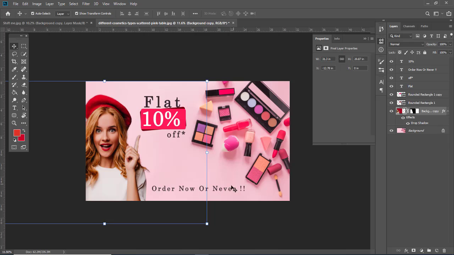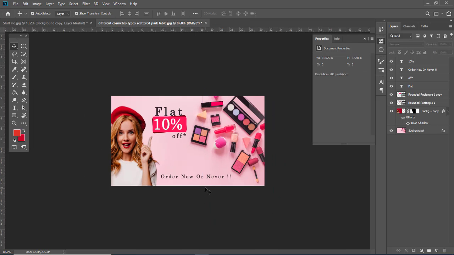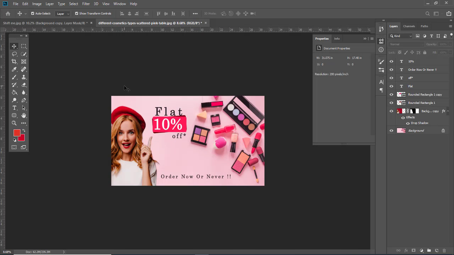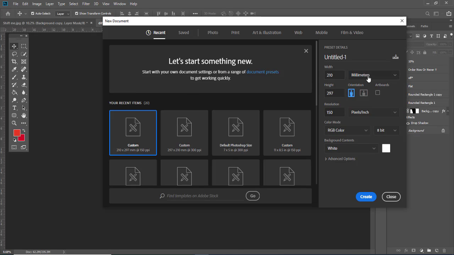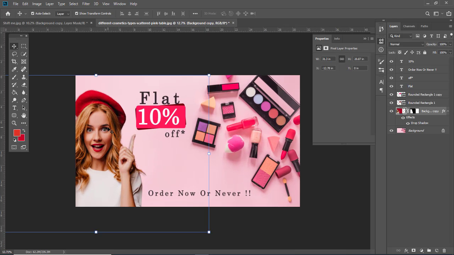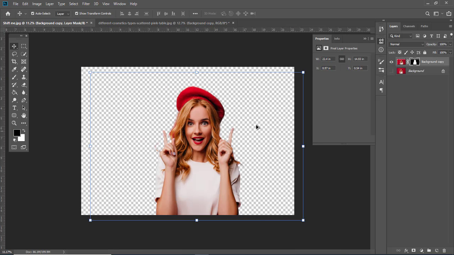So it's very simple. We have created a small ad, and if you have a particular size, then you can press Ctrl Alt I and you can see the sizes. My sizes are as per the image. You can put in your estimated size, or you can always press Control N and create your own file. Here we have all the segments, and this is all for now. Hope you have liked the video. Hope you understood the process of detaching a subject from the background, which we have learned here. If you have any confusion, you can check the previous tutorial.